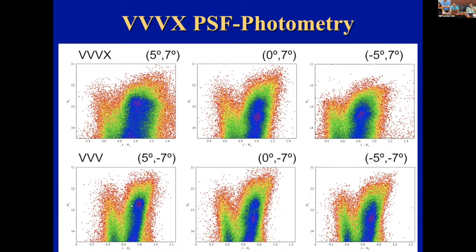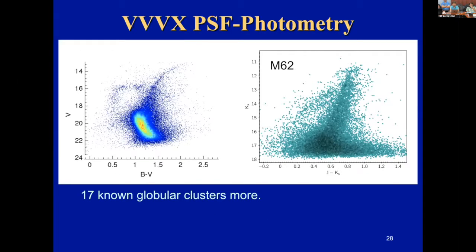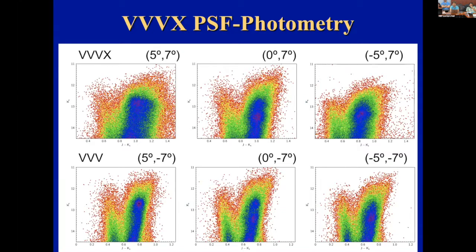So you can see here that the red clump is at a higher magnitude than in here, and at these longitudes there is like a double red clump. So there is one here, and there is another one there. So it's easier. The geometric explanation is much more straightforward, just having an X shape than having this helium enhanced